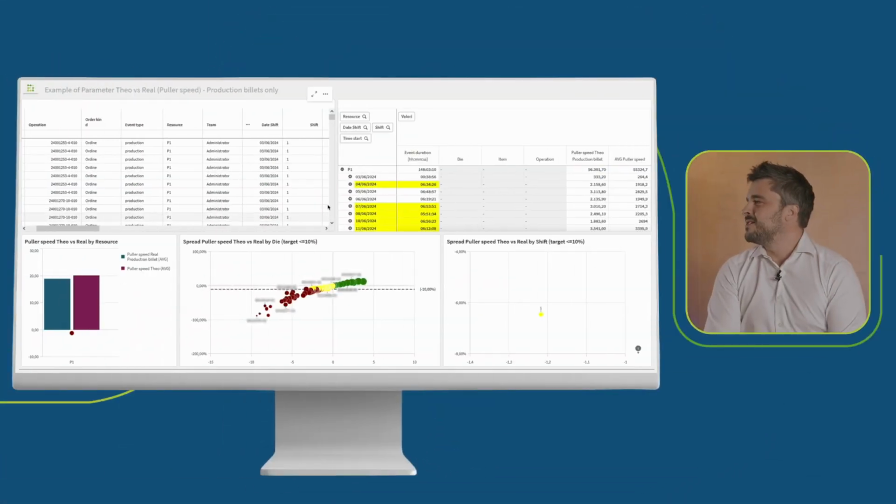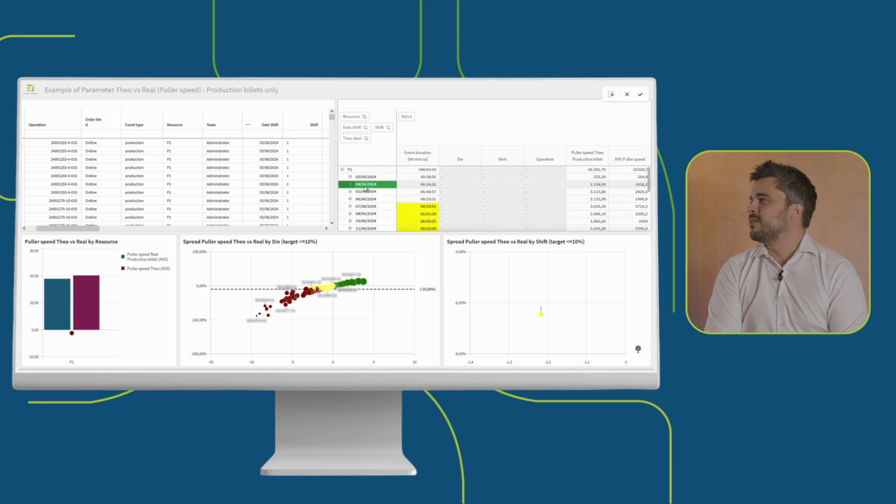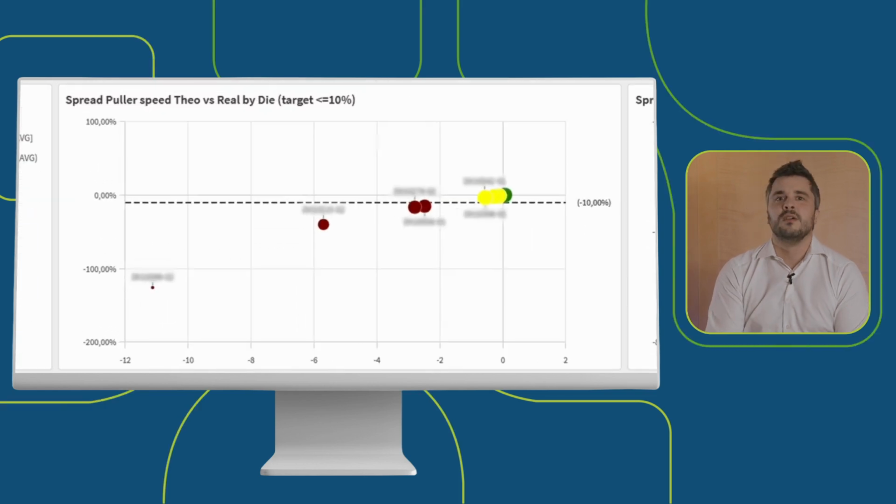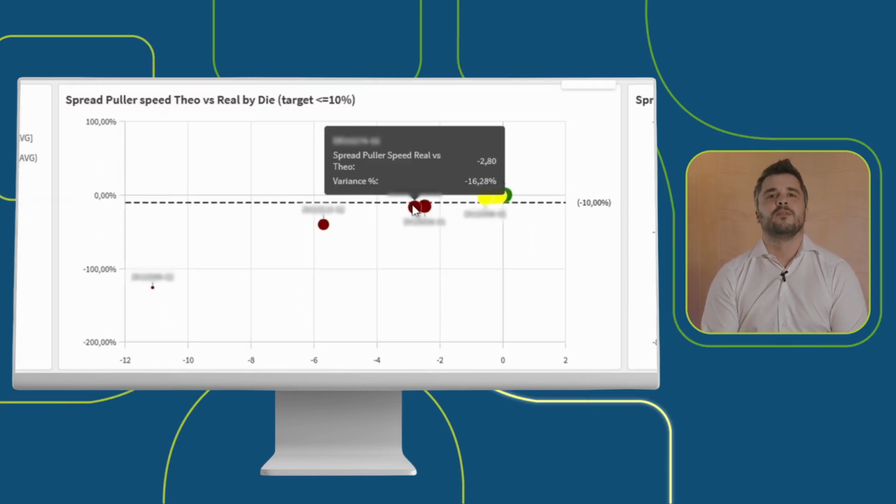Big data analysis was mentioned before. Could you explain how Extrusion Intelligence handles such analysis to monitor process parameter changes? Extrusion Intelligence analyzes the variance between the theoretical parameters and the real ones, combining it with other data like production,